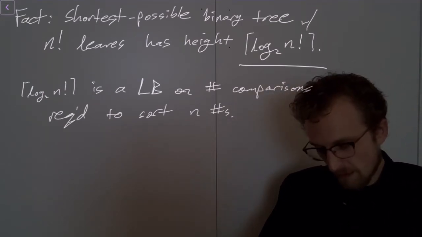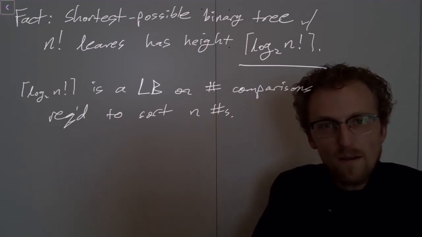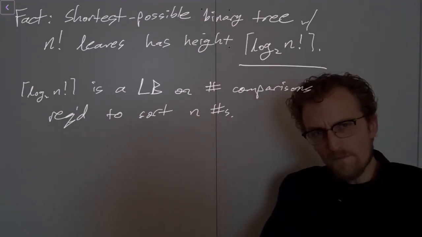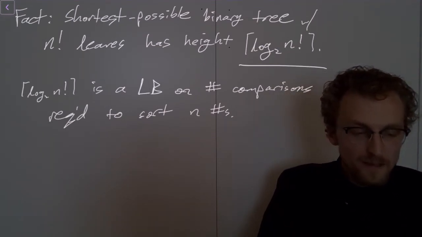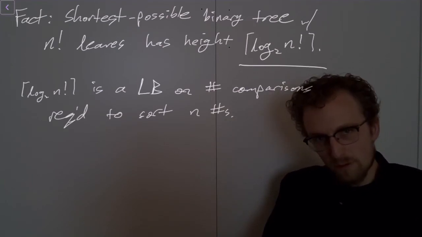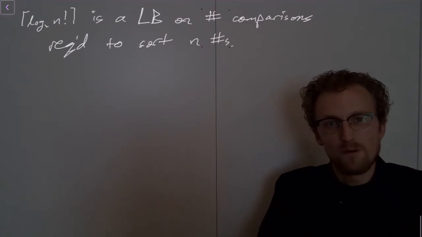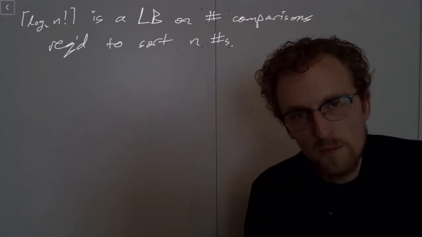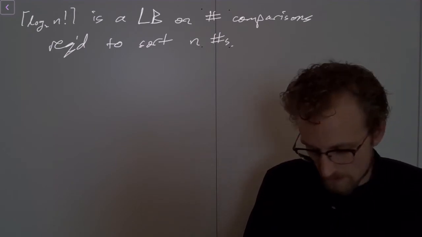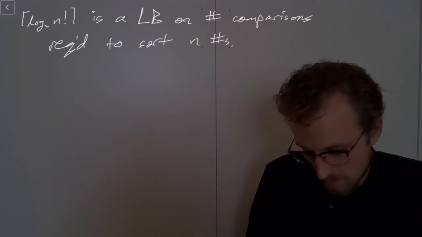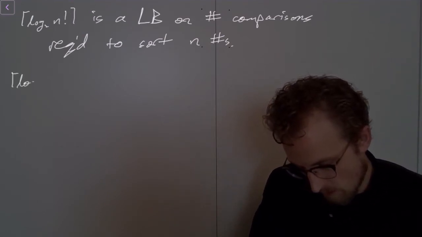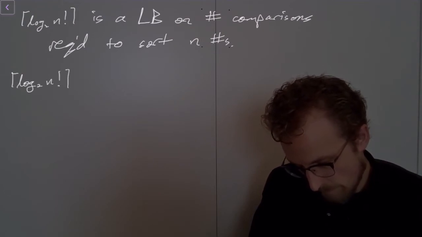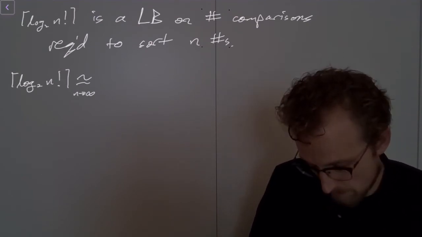All right, so now let's see if we can derive something useful about this expression. It's not at all obvious that log of n factorial is something that we can analyze, but it turns out we actually have some handy formulas for n factorial. Recall back to when we were first starting to talk about algorithm complexities, I gave you Stirling's formula that gave us this limiting expression for n factorial. So let's do some analysis here. Let's say log base 2 of n factorial equals, as n approaches infinity. This is mathematically imprecise